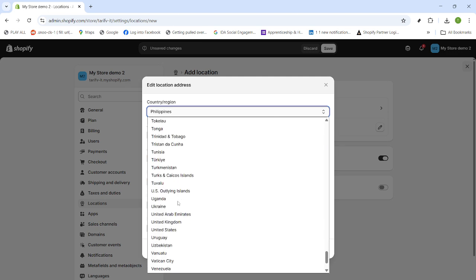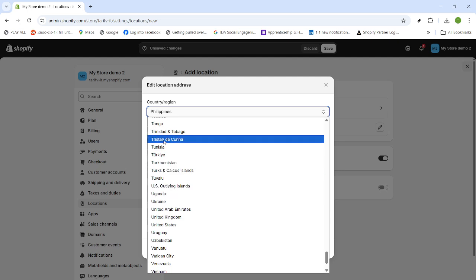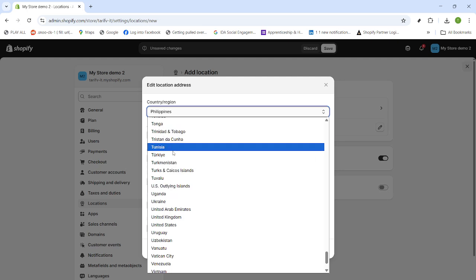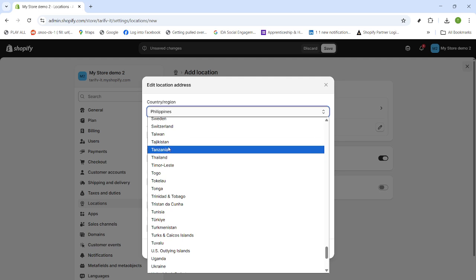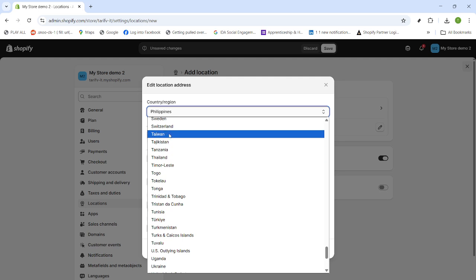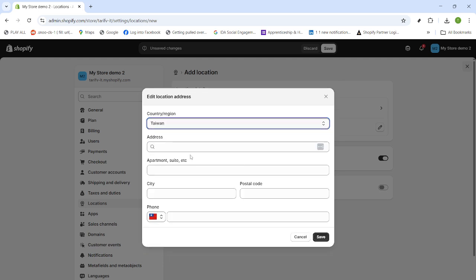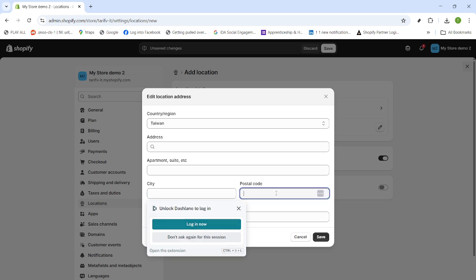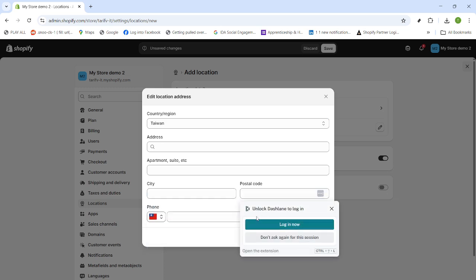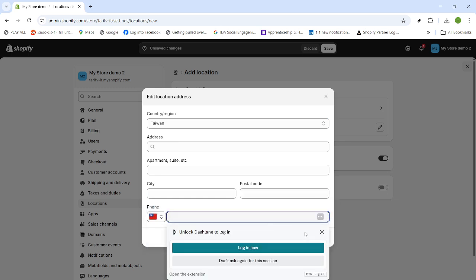Next, move to the Address section. Enter the full street address, city, and postal or zip code. Then choose the correct country or region from the drop-down, followed by any state or province if prompted. Taking a moment to confirm the address is important. Shopify uses this information for tax calculations, shipping rates, and to help route orders to the closest or most appropriate